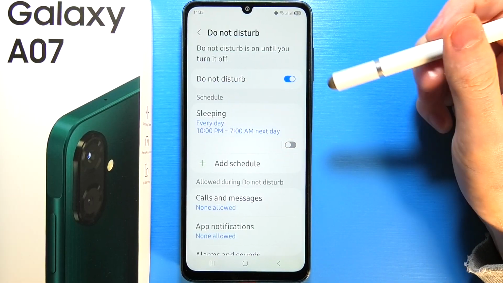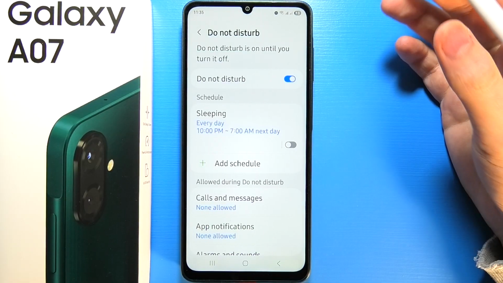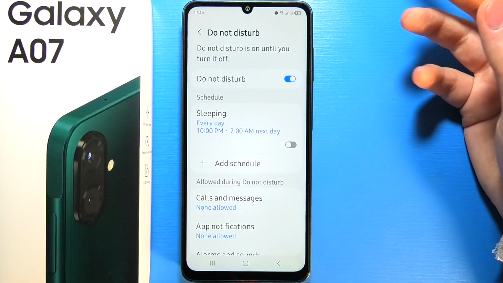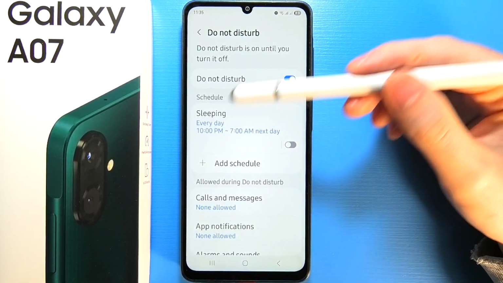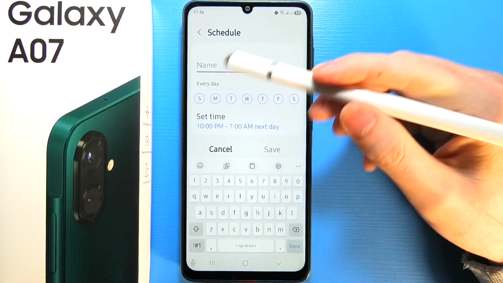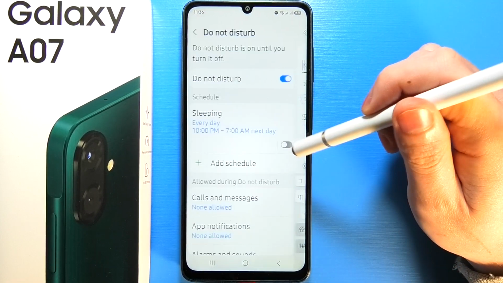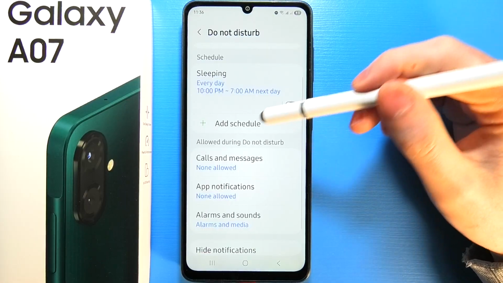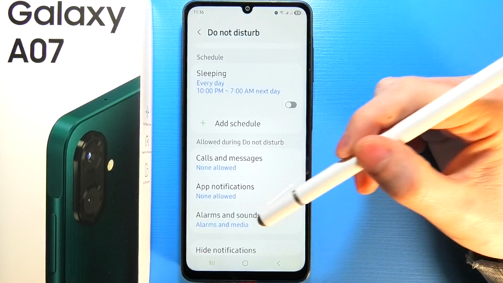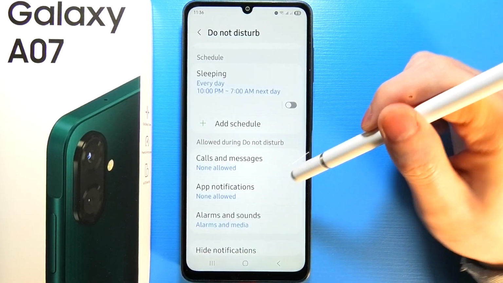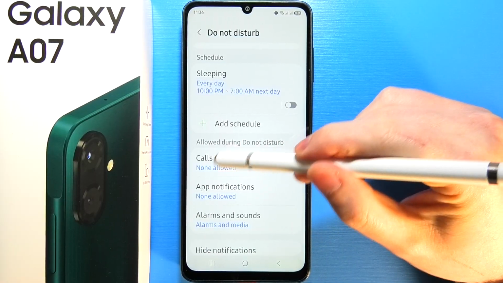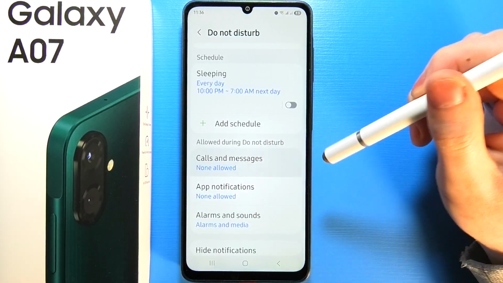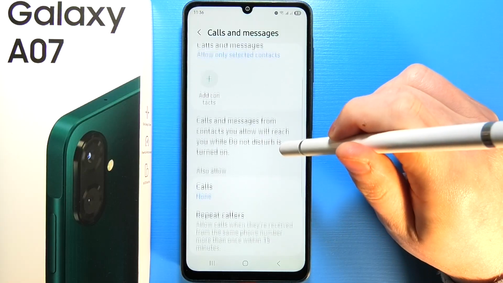Next thing is a schedule, which allows you to schedule Do Not Disturb mode to toggle on automatically on the time and the day that you're gonna select right here. Then there's calls and messages, app notifications and alarm and sounds that are allowed during Do Not Disturb mode. So in this case most of them are non-allowed, but you can change it to allow it for a specific